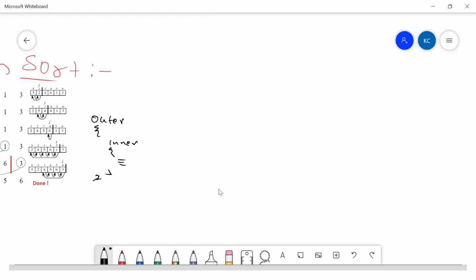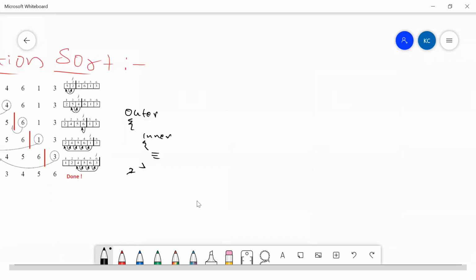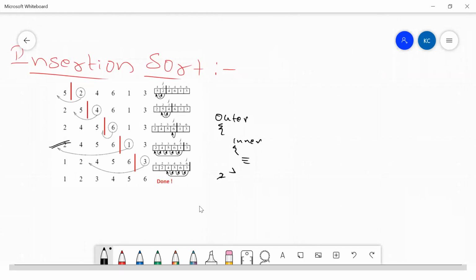There's a question that says how we can know the number of comparisons without using the code. That depends on the number of cards that you have. For example, let's say you have cards that are already sorted. That is called the best case. Even in the worst case, the number of outer comparisons would be n, because first you take your second card and compare it with your first card. But the inner number of comparisons or shifting operations depends on how sorted or unsorted your cards are.